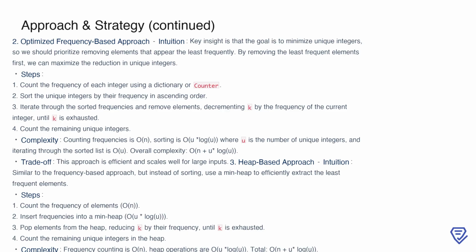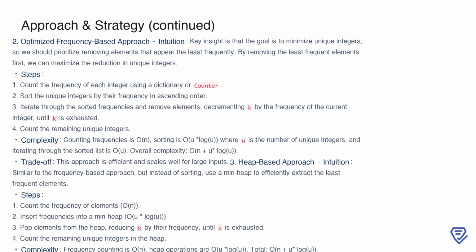The complexity of this approach involves counting frequencies in O(n), sorting in O(U * log U), where U is the number of unique integers, and iterating through the frequencies in O(U). This gives us an overall complexity of O(n + U * log U), making it both efficient and scalable